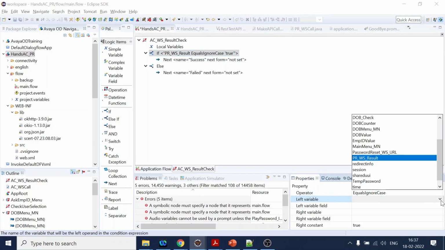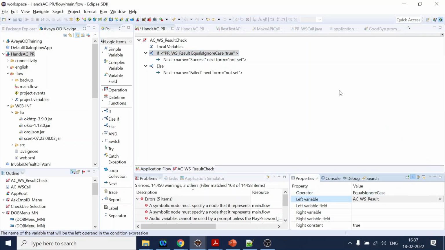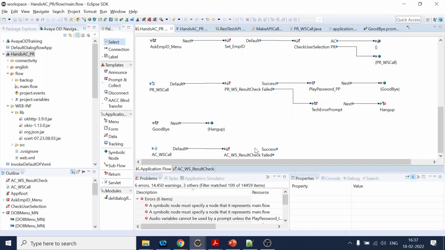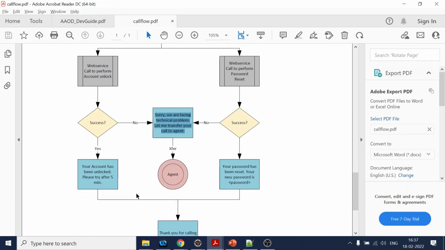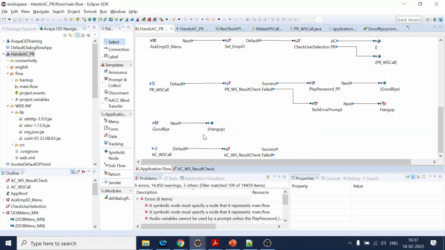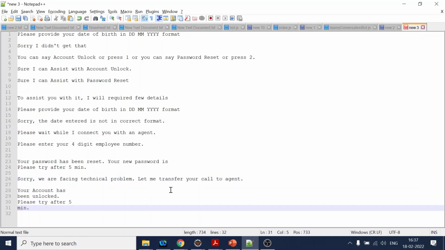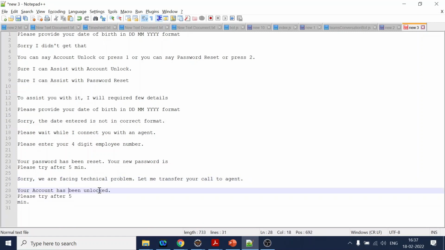And we know that it's an AC based web service result. So if it is true, it is success. If it is not, then it is failure. And then we will have its own custom prompt, I guess. Yep, your account unlock will be okay. Very nice. The account has, please try after 5 minutes. Okay,